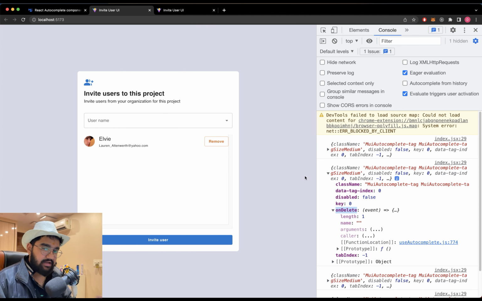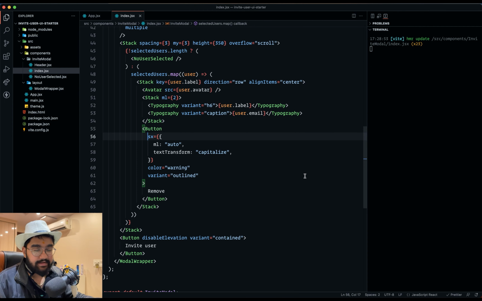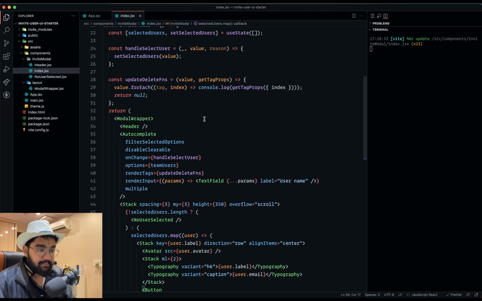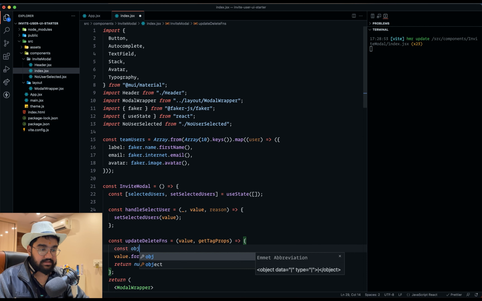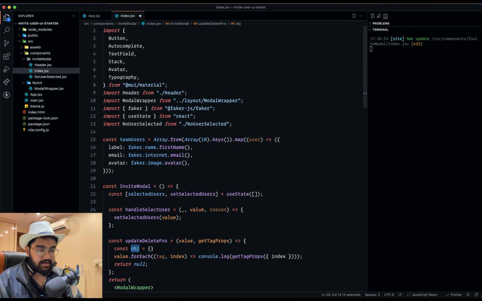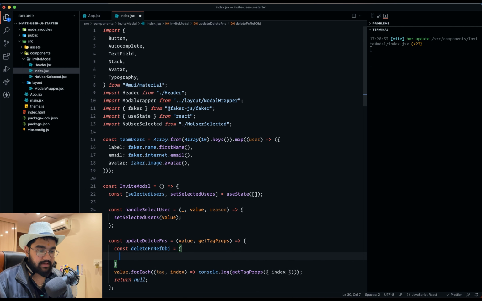So it means that we need to have a place where we can store the references of all these on delete functions. So for that, what we will be doing is, over here, let's create an object and name it delete function ref object, obj, in such a way. Now you can name it whatever you want. You can just go with object itself, or you can just name it in such a way. And now what we are gonna do is,